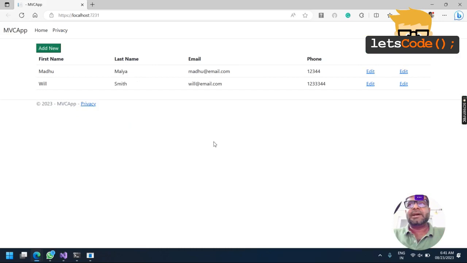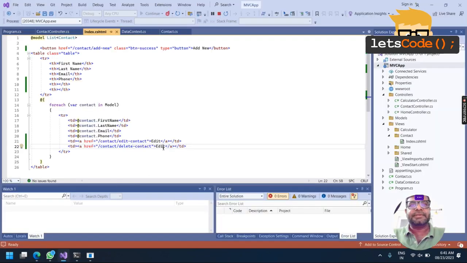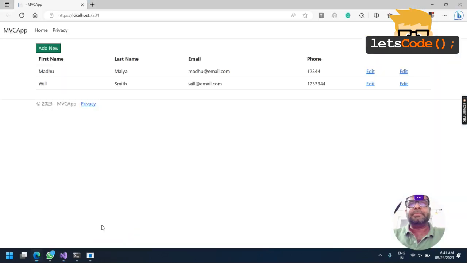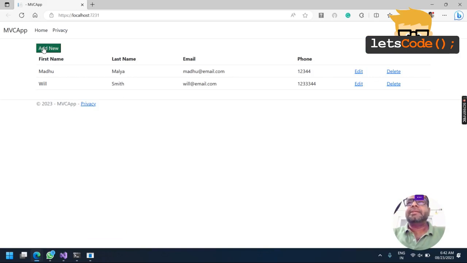So my UI is all set for CRUD operations. We just need to assemble everything one by one. So the very first step, let's try implementing add new.